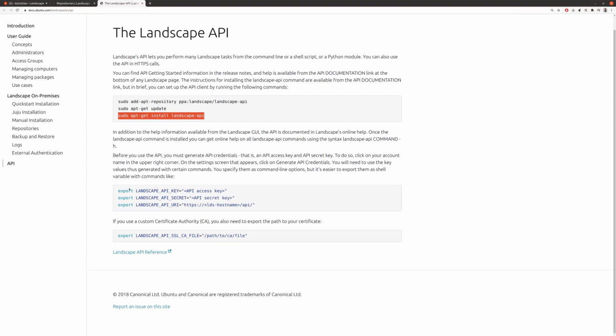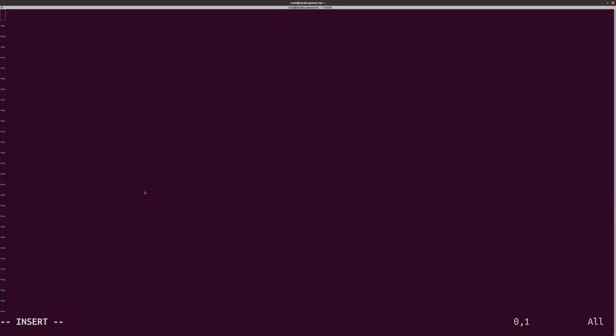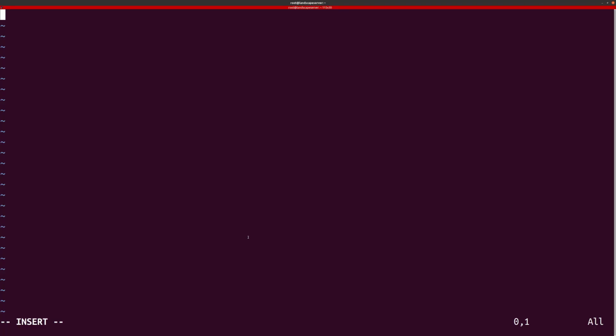And it says that we need a file to source with all the secrets like the Landscape API key and so on. So I'm going to create a file called landscape-api.rc, and in here we'll add these lines,